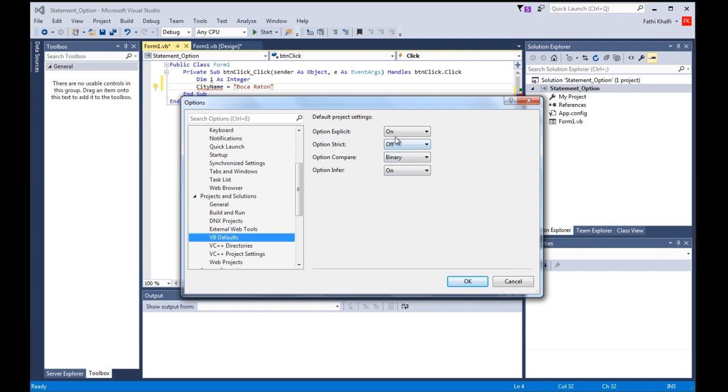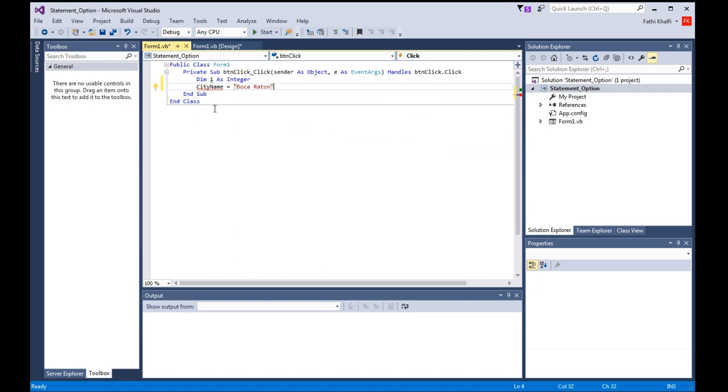And here I have the option explicit on. It's on by default, and this is the option strict. It's off by default, and we will change that soon. And these are the other options that I told you about in the beginning of the video. So I'm gonna turn this off